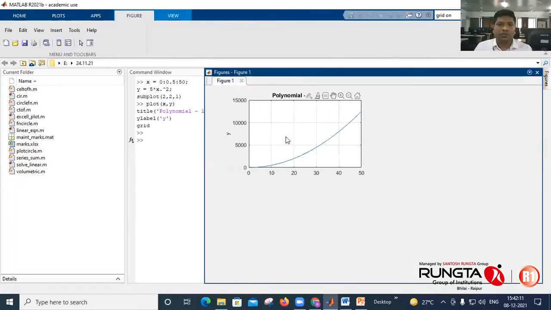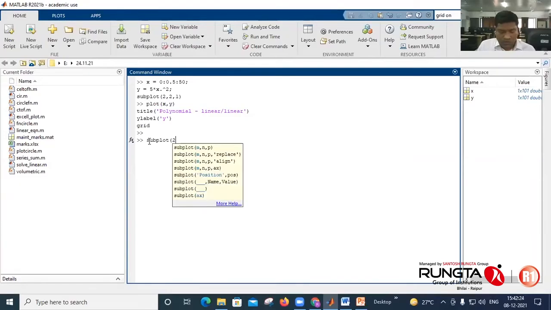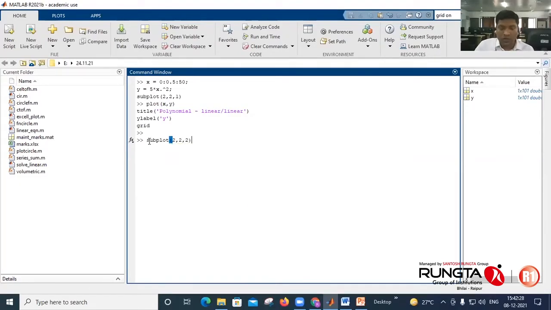Okay, so this is my first figure. Then I will activate the second one. So for that, subplot 2, 2, 2, second location. Enter.